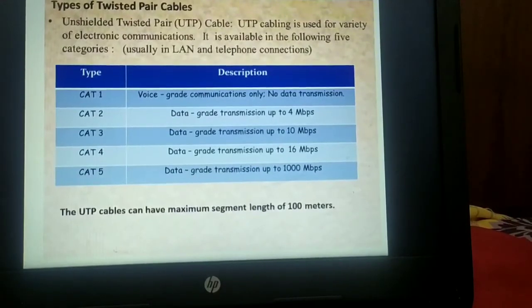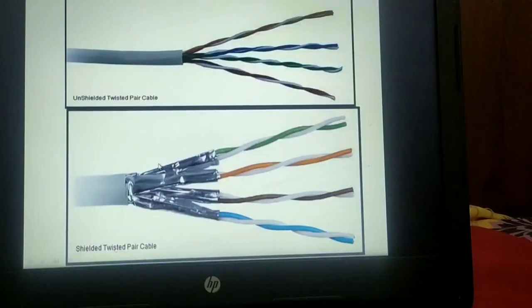Now let us discuss the different types, that is the shielded and the unshielded twisted pair. Unshielded twisted pair is commonly used in electronic appliances, like home appliances and all. Whereas the shielded twisted pair comes with shielding of individual pairs of wires. You can see here, this individual wire is being shielded with this foil, this insulating sheet, which is also called as